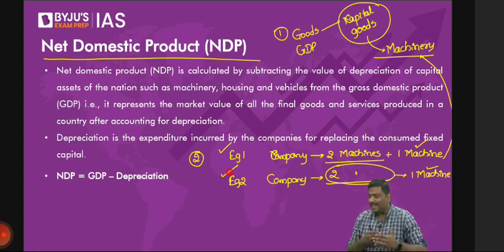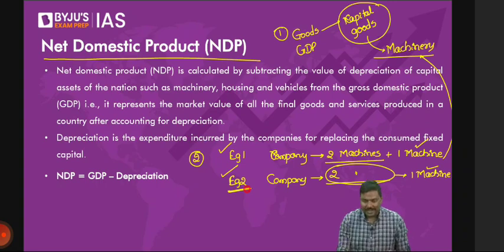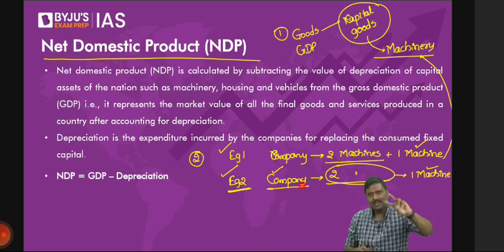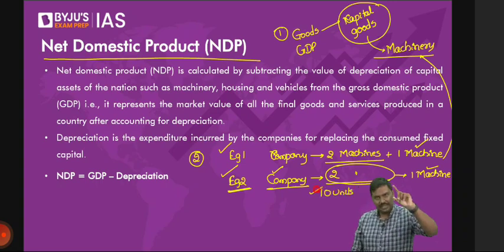Some of you are very much confused. I hope it is just in economics. Some of you are saying, sir, in example 2, production will increase. How, my dear, you tell me? Because at the end of this, the company in the second example has 2 machines, will replace one of the machines with a new machine. Right? So let's assume 10 units are the production. 10 units. So one machine will produce 10. Second machine, because at the end of it, they will have 2 machines.